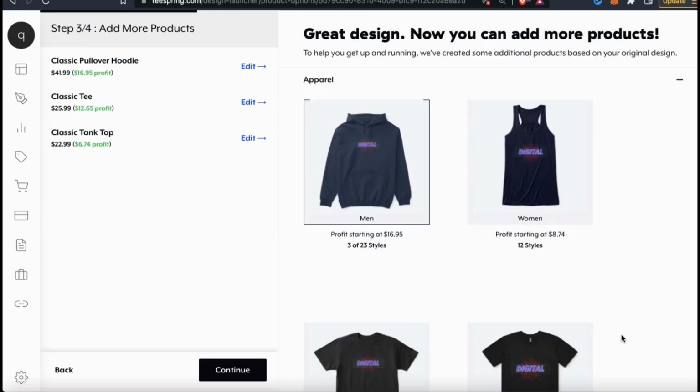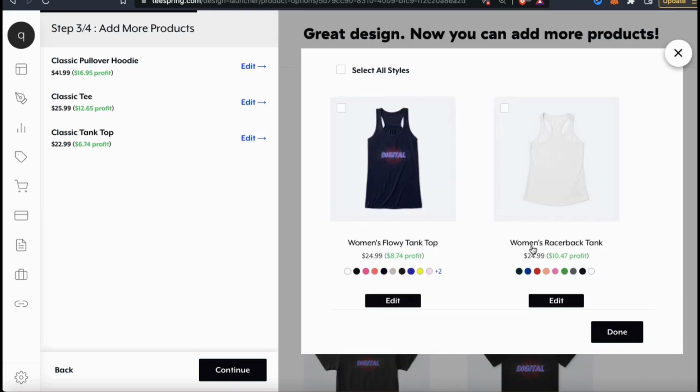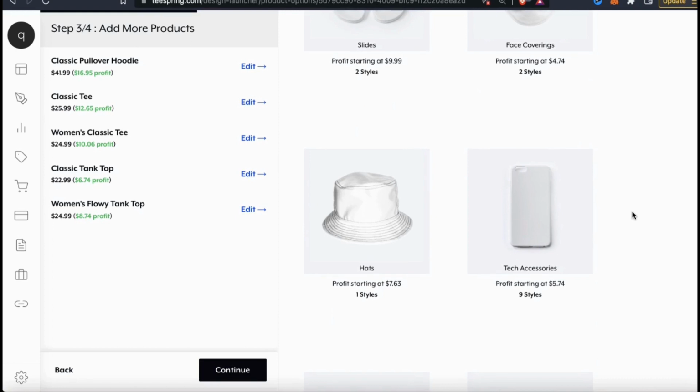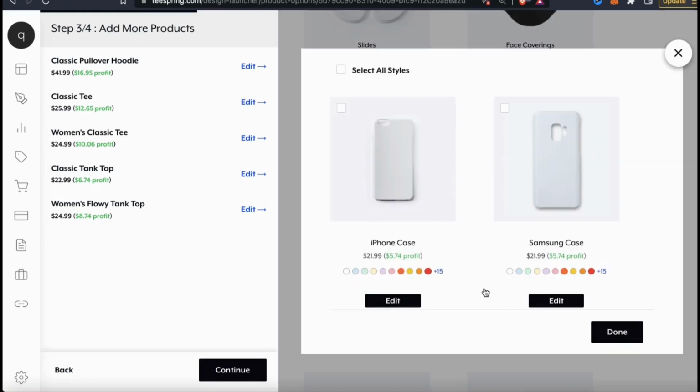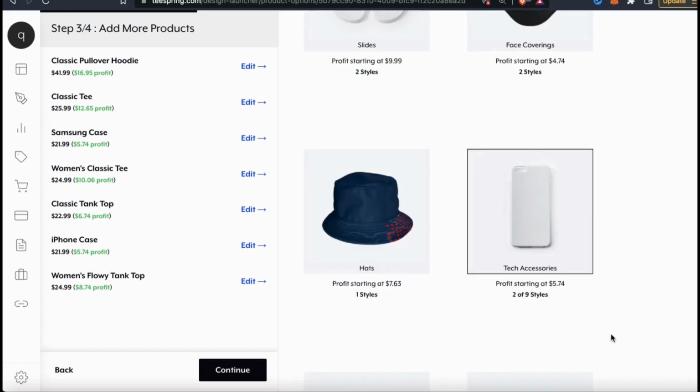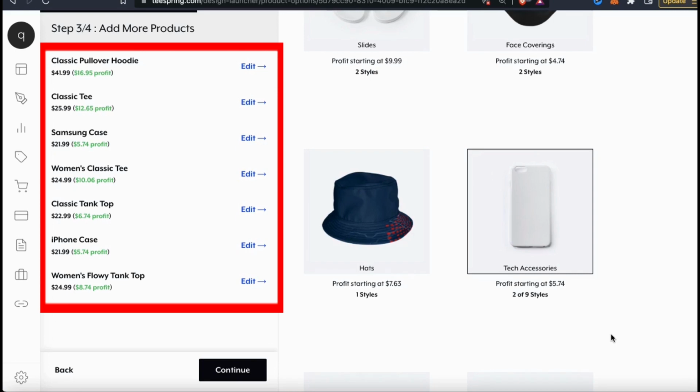Now that we're done with men's apparel, we can now move on to other categories. On Spring, you have tons of options to choose from with several different products for each category. Take your time and go through all the different categories and styles and make sure you add all the different products that you want to create. So for my store, I'm going to add my design to all the different products you see on the left